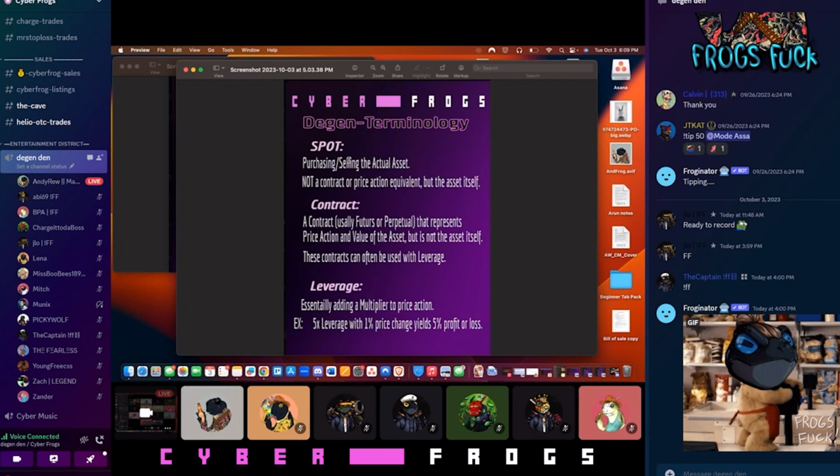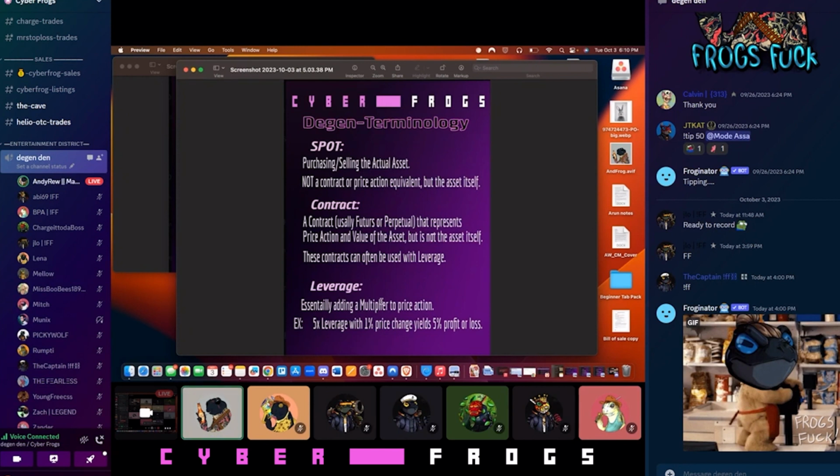So leverage is essentially adding a multiplier to your capital and to the trading price action. When you start talking about leverage, you're essentially using money that you don't actually have. With that being said, if the price goes the right direction for your trade, you will get more of a return using leverage. The inverse of that is if the price goes the wrong way from your trade, then you're going to be penalized much more heavily, given that you've taken essentially borrowed funds.